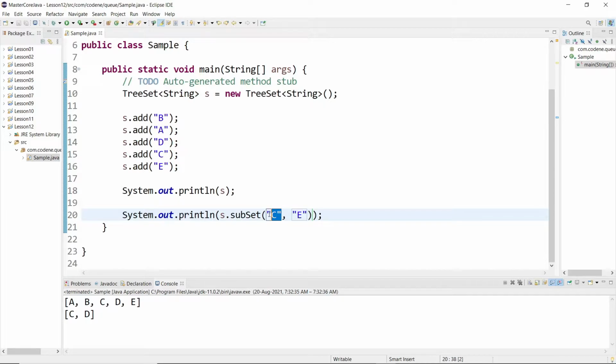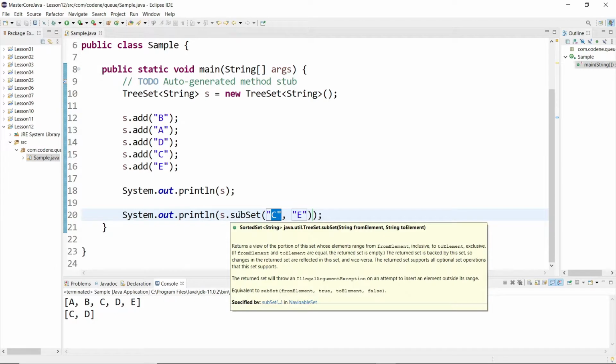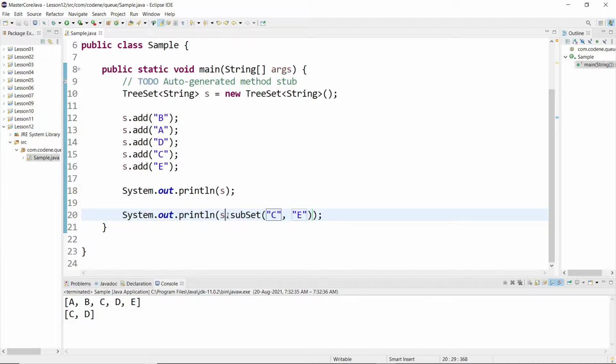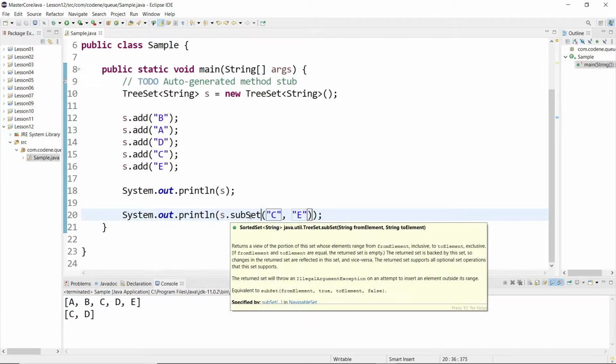That means from C to E, whatever elements are there, it will return. So these are the methods supported by NavigableSet, and as TreeSet implements NavigableSet, we are able to use them. This method gives you a way to get elements closest to the argument that you send. That is the work of NavigableSet.